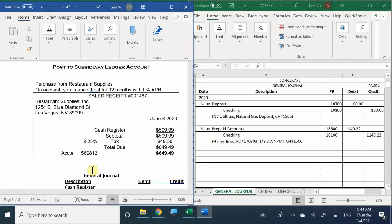Cash register. We bought a cash register. There's nothing more to it. And then here we have the tax. Here we only have one item, so we don't need to split the tax because it's already calculated for us. So we made a purchase of a fixed asset, right? We purchased equipment,